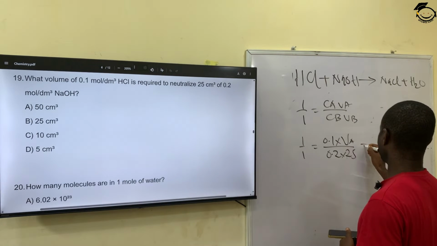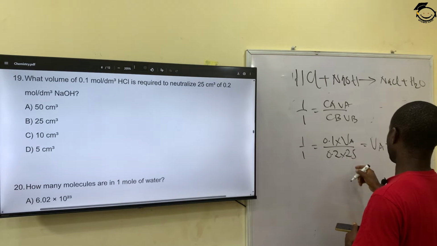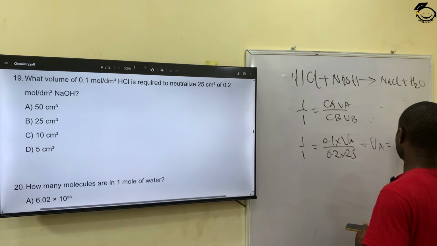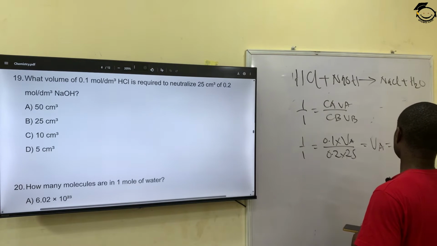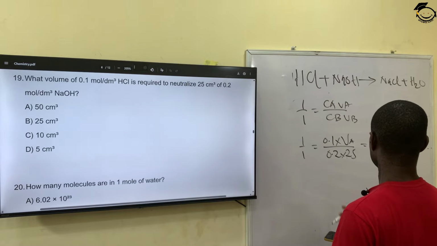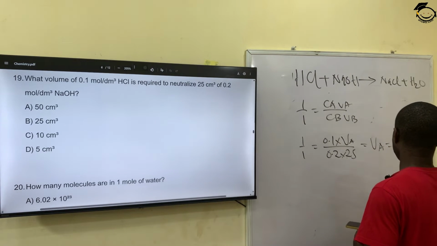In that case, we have Va equals 0.25, which is 50 over 0.1. 0.25, which is 5 over 1. So the correct answer, Va equals